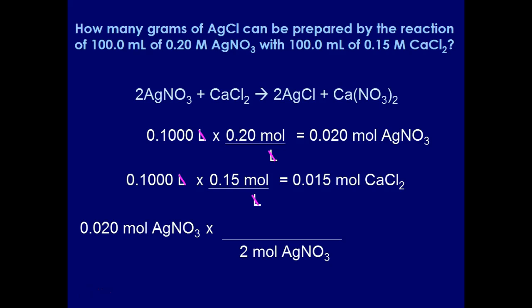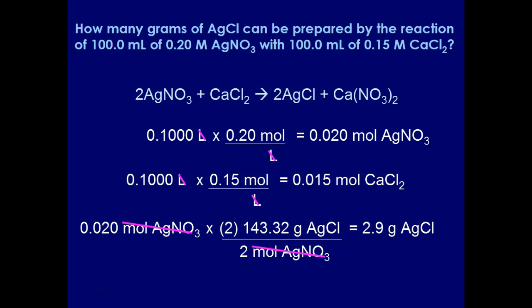Again, you can stop at moles or you can do it in one step, which I think I chose to do in part because of the space issue. 2 came from the 2 in front of silver nitrate in the balanced equation. And then I'm going to put grams of silver chloride in the numerator. The molar mass of silver chloride went in front of grams along with its coefficient. Multiply and divide, and that gives me 2.9 grams of silver chloride can be made from that many moles of